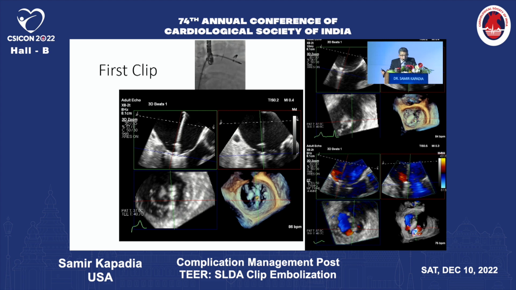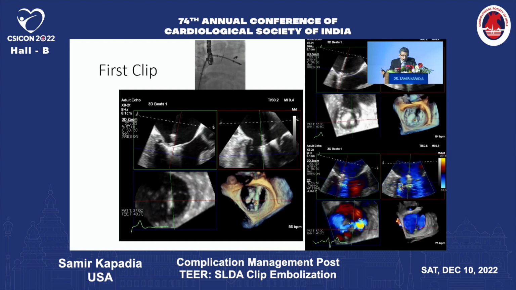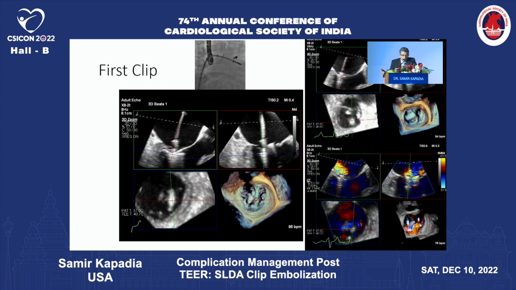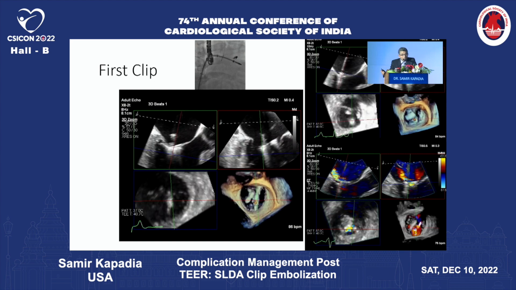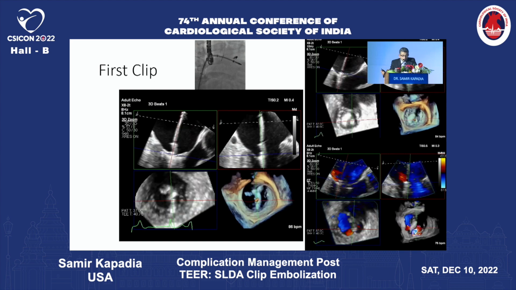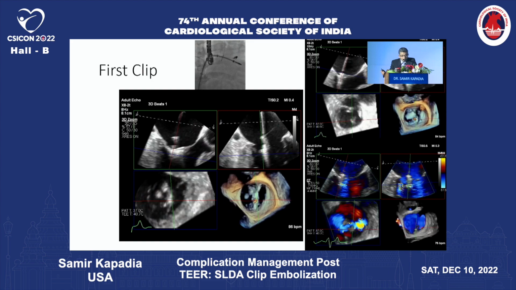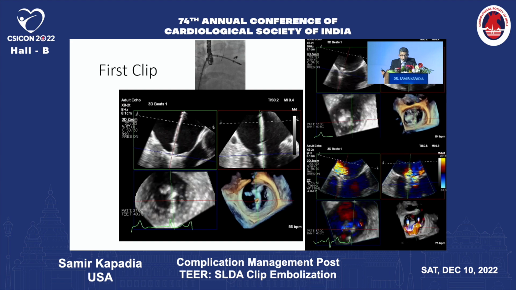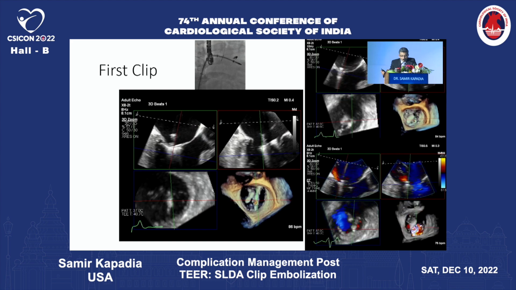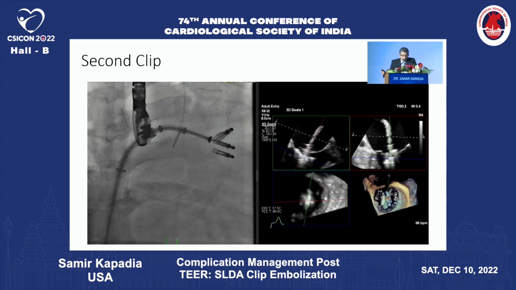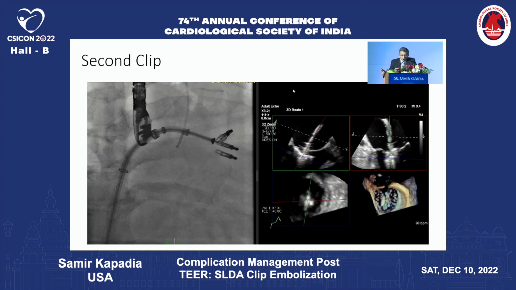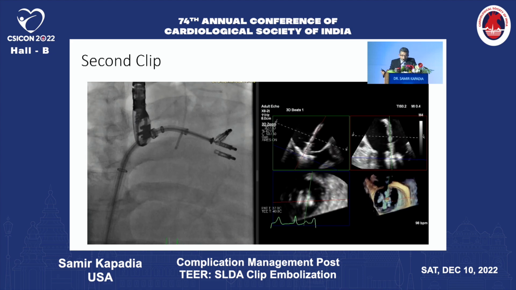So what we did, as you can see on the top, you go and clip the leaflet on one side first. So we go very, very close to the anterior leaflet where the clip is attached, and then put the clip posteriorly in the posterior leaflet. This stabilizes the clip, but as you can see, there is still some mitral regurgitation. So then you can come a little bit further close to the clip and try to correct the problem